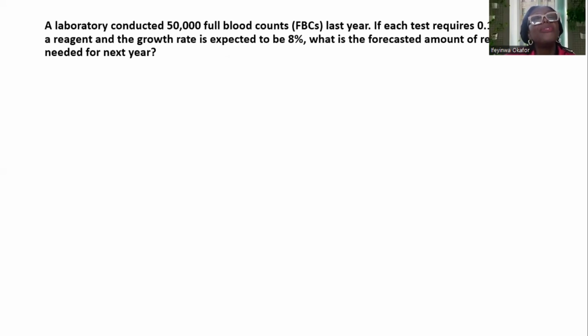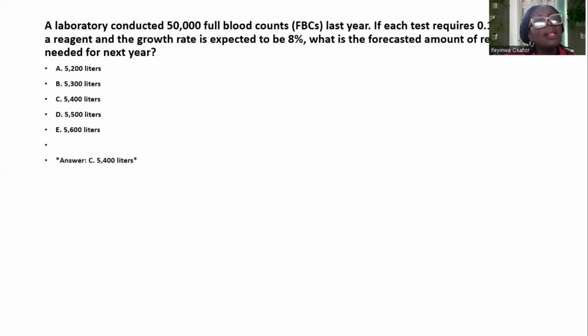A laboratory conducted 50,000 full blood counts last year. If each test requires 0.1 liters of a reagent and the growth rate is expected to be 8%, what is the forecasted amount of reagent needed for next year? Okay, we have 5,200 liters, 5,300 liters, 5,400 liters, 5,500 liters, and we have 5,600 liters. And our answer is C,